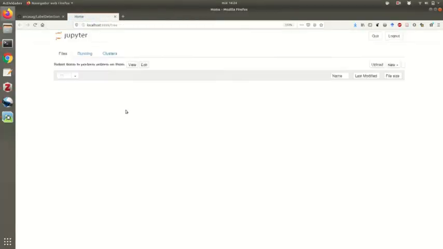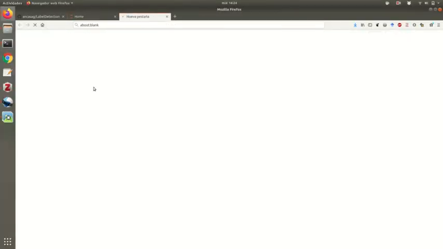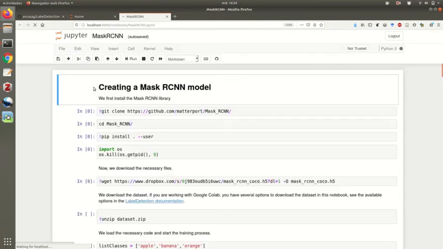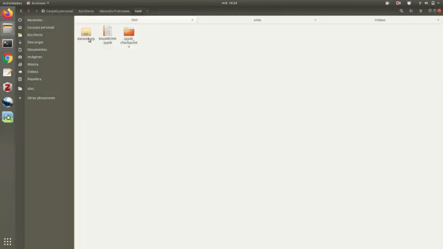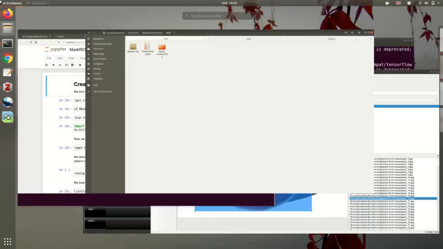okay, so here we have our notebook, our Mask R-CNN notebook, that contains all the necessary code to generate a Mask R-CNN model using our dataset. So first it installs the necessary libraries, and also it downloads some pre-trained weights. Now we can unzip our dataset. It is, as you can see, in a zip folder, so we can unzip it, and then